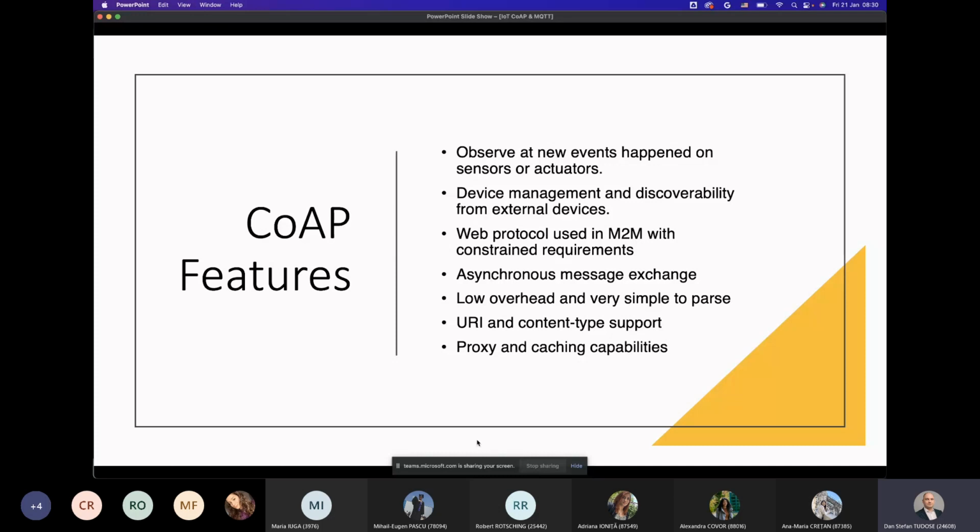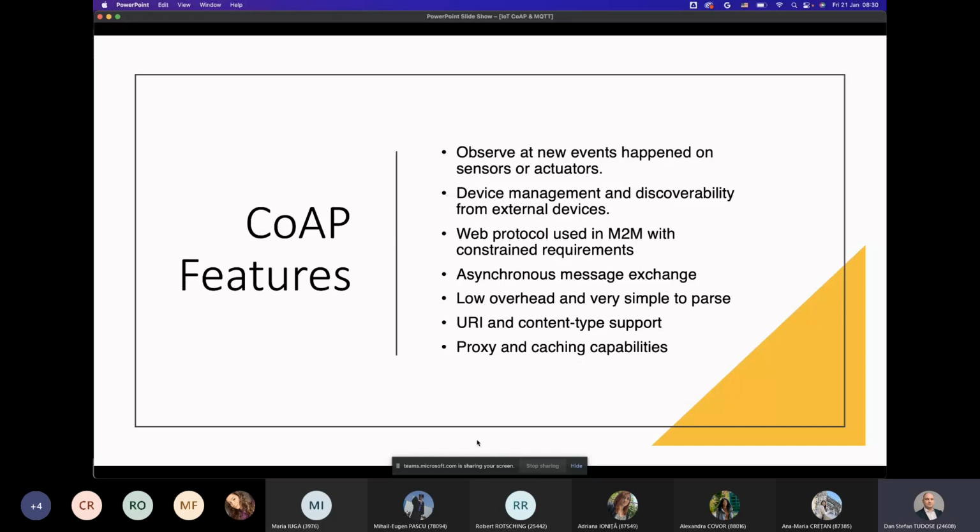It works like a web protocol, so you can actually use it freely over the internet. It's got an asynchronous message exchange scheme, which offers a very low overhead of communication. So it's much more efficient than HTTP, for example, in that regard.